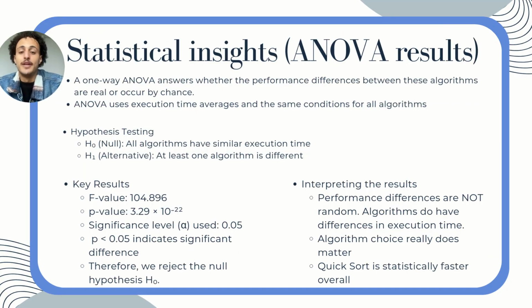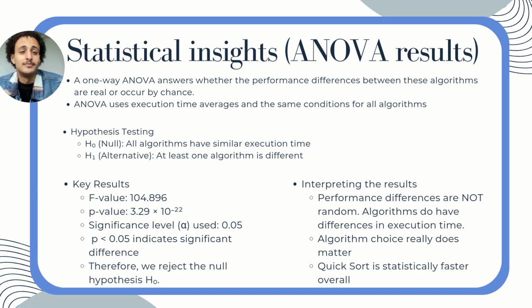Now let's move to the next part, which is ANOVA results. This slide shows the ANOVA statistical test we used to analyze the performance differences between the algorithms. One way ANOVA helps us check whether the differences in execution time are real or just random variation. Our hypotheses were H0, all algorithms have the same execution time, and H1, at least one algorithm's execution time is different. So the results show an F value of around 104 with a P value of